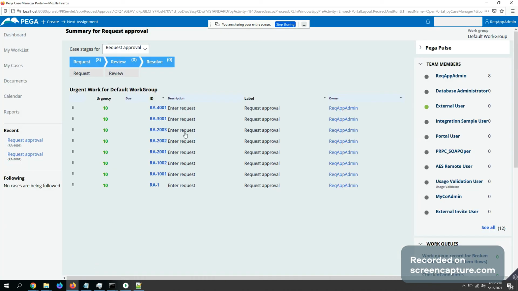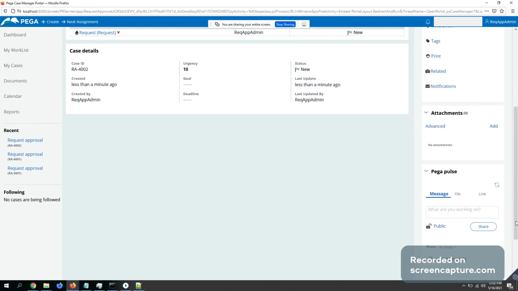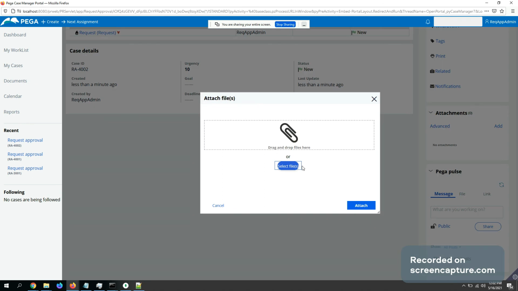So go here, create a new case. Case ID is 4002. So add it. Yeah, file from device.